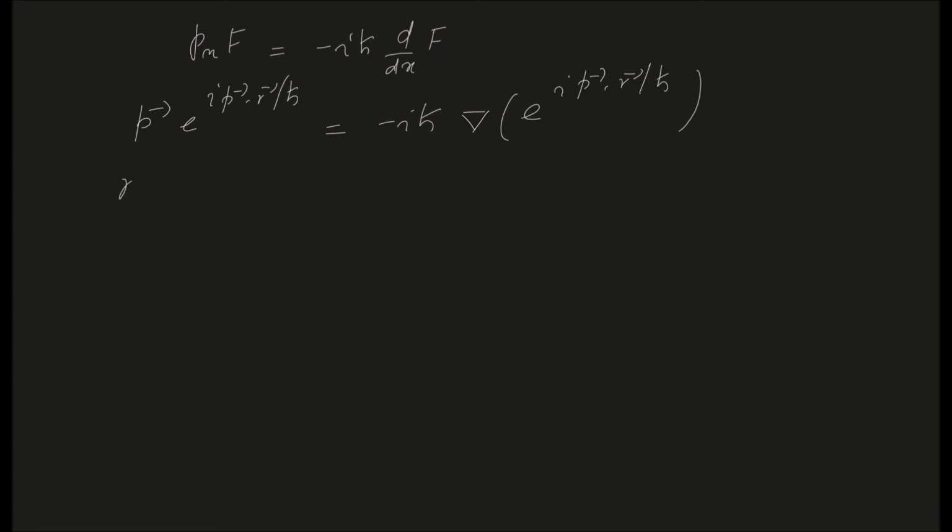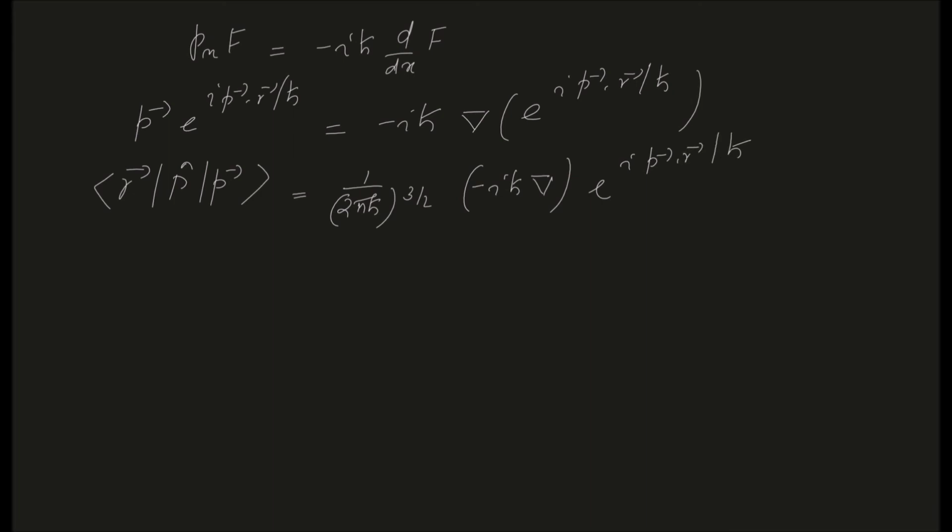So with this we can write this expression, r p and momentum p. This is equal to 1 by 2 pi h cross raised to 3 by 2 and then multiplied by i h cross del e raised to i p dot r by h cross, right? So this is same as minus i h cross del. Now all these quantities, basically this one and these two, this is basically our transformation function, which is given by